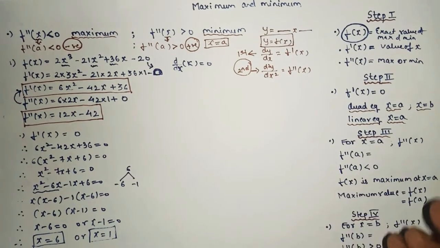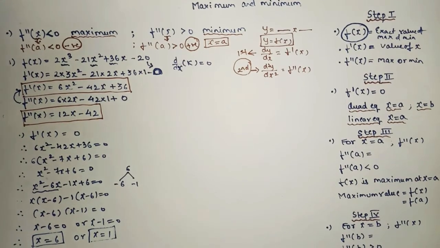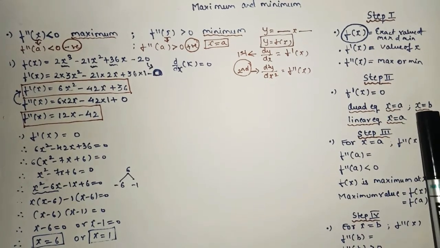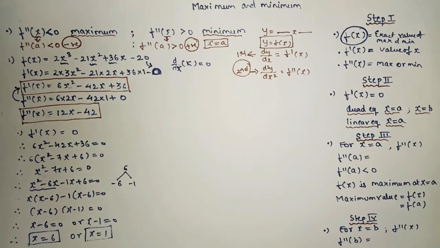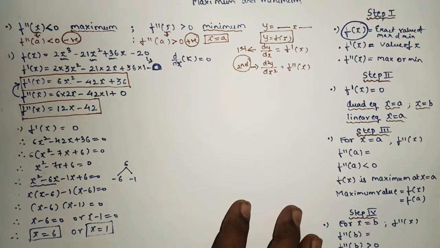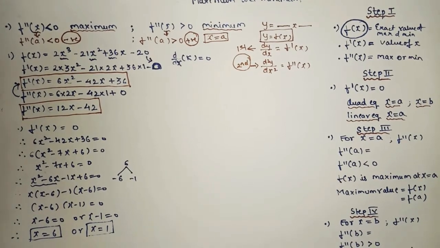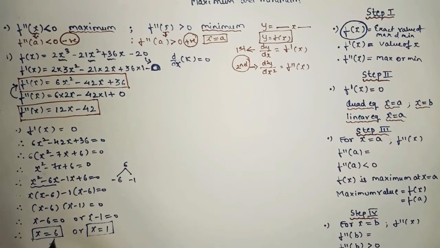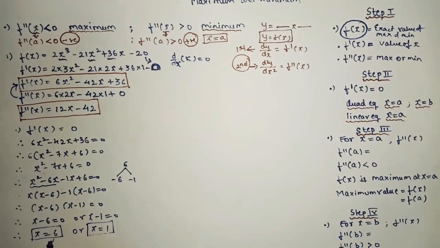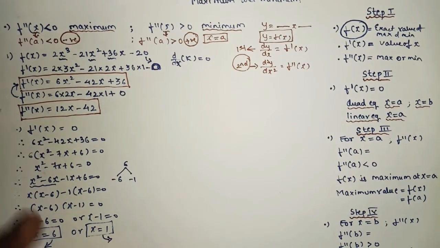Whenever it is a quadratic equation you will get two answers, whenever it is a linear equation you will get only one answer. So remember here, whenever you are getting two answers, there is a common sense: one value goes to maximum and one value goes to minimum. It is not that if you are getting two values, both the values will be maximum or both will be minimum. So now if you are getting the two values of x, either the function will be maximum at x equal to 6, or it will be minimum at x equals to 1, or vice versa.